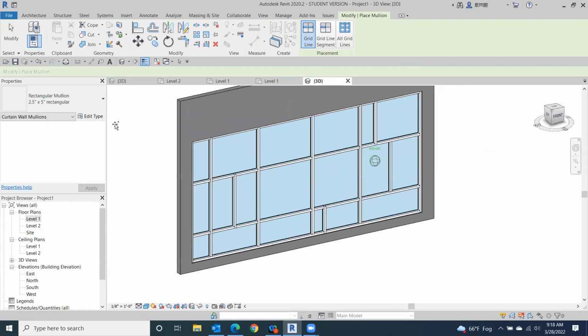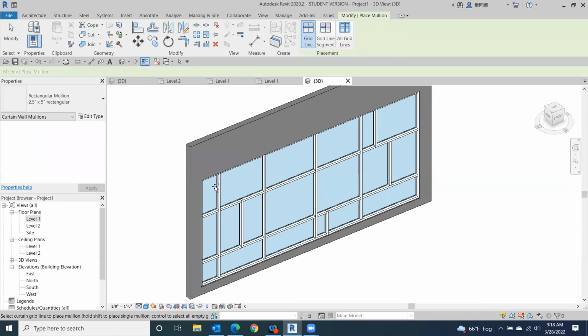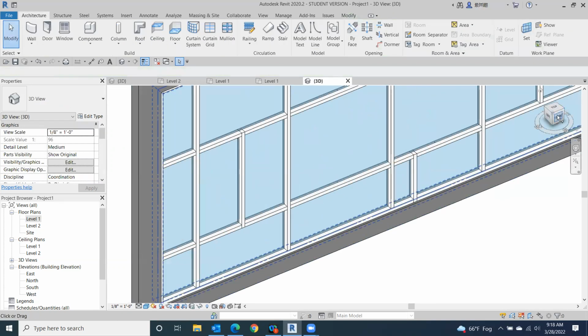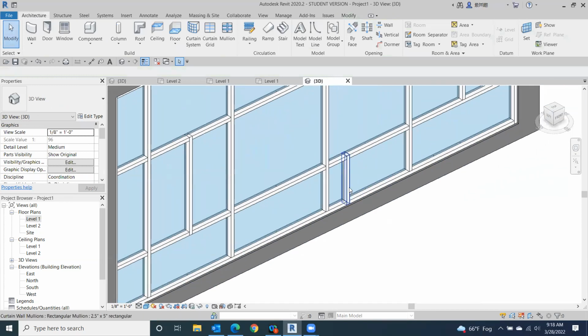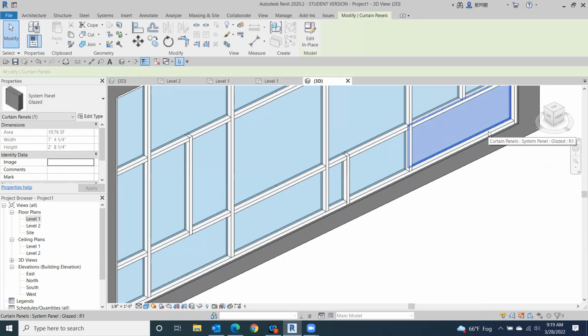And then if we wanted to create panels that were different material as opposed to glass, say if they wanted some metal panels in here or wood or whatever you wanted, some wood looking panels, we can change these from glass to a different material. This can be a little tricky sometimes because it's hard to actually get the correct panel itself. So you kind of have to just linger over one of these sections and hit the tab button until eventually it's going to highlight that section of window. Then we'll come over here